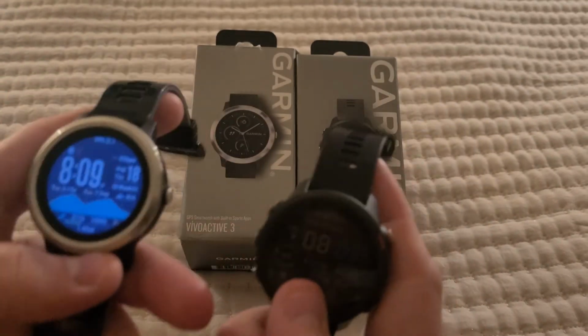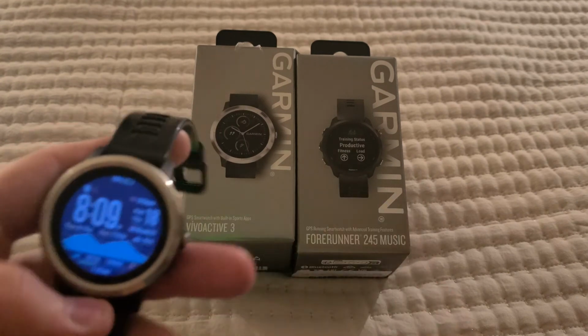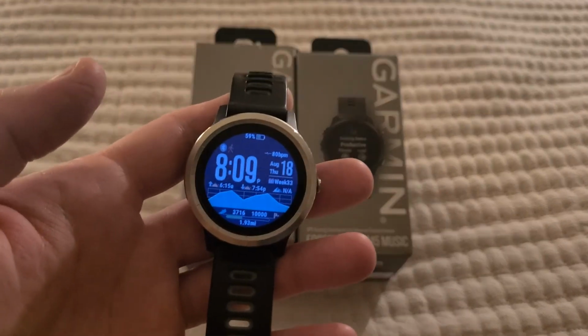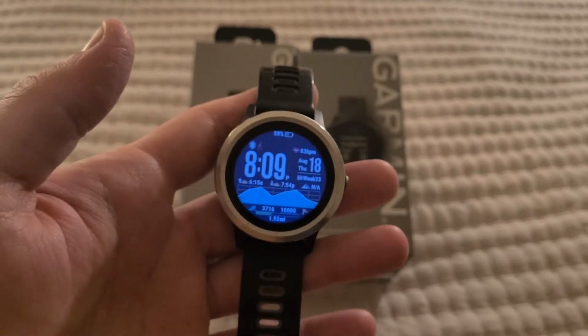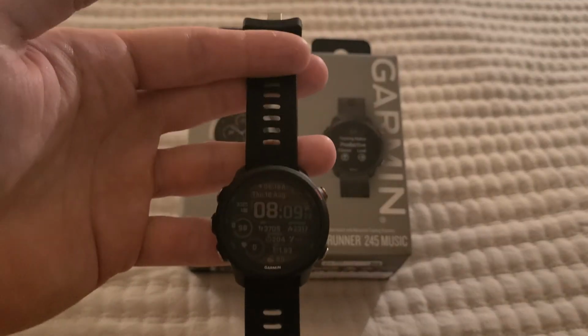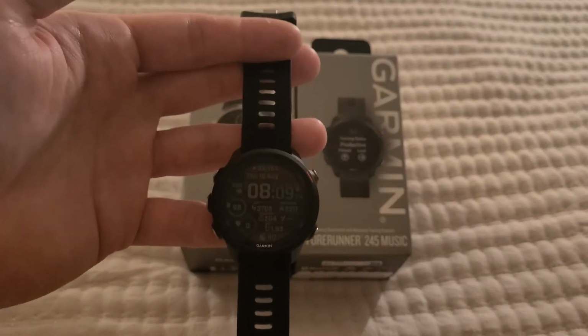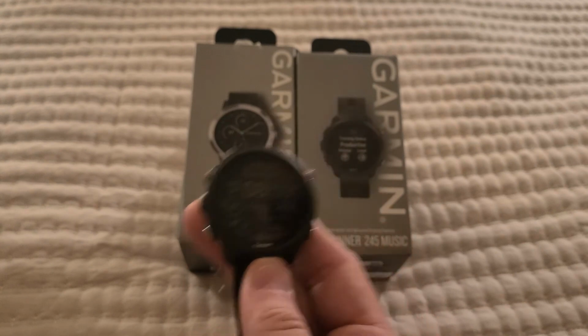Again, both are very, very solid choices if you're buying them new. I can't speak to them being used. I can just tell you I got about 2 years out of this. Pretty heavy usage. I mean, we're talking GPS runs, doing obstacle course races, you name it. So I'm really looking forward to the somewhat more advanced running metrics or running features in the Forerunner 245, as well as the